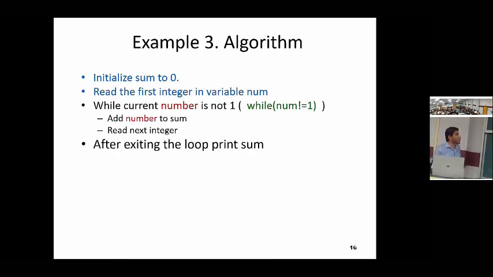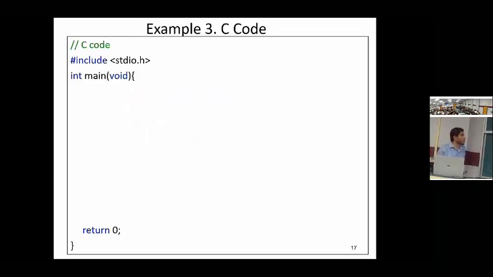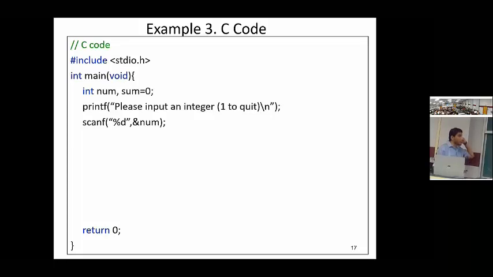Again, initialization is very important here because, as we have tried in the previous lectures, if you don't initialize, you get whatever garbage is in the memory and then you end up with the wrong number. So let's look into how this program looks. I initialize my variables here. I have num, the one that I scan from the user. And then I say, please input an integer,